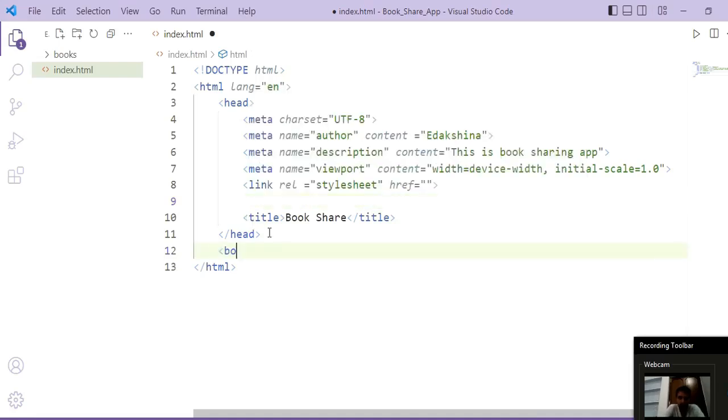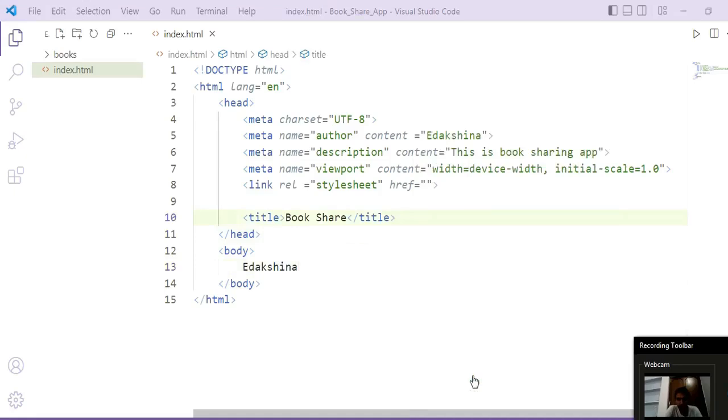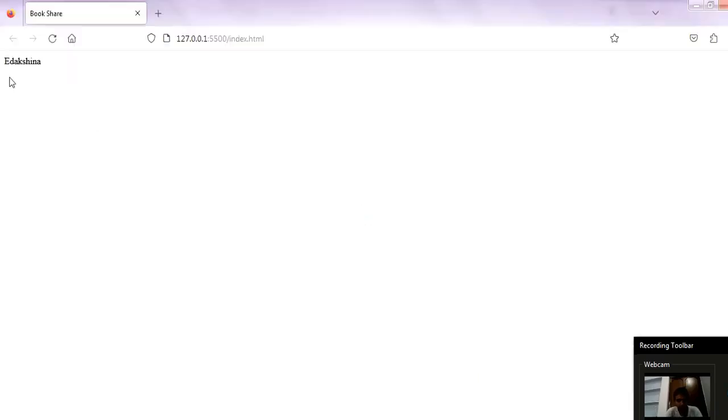देन इज योर बॉडी टैग, एंड इनसाइड बॉडी वी डिजाइन आवर होल पेज. सो सपोज आई राइट e dakshina. Okay, and save it. So if we run this, okay, so I am running the live server. So you can see the output e dakshina at the topmost left side, right, and title on the title bar, book share.